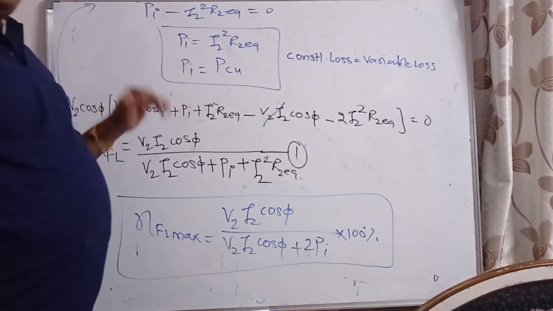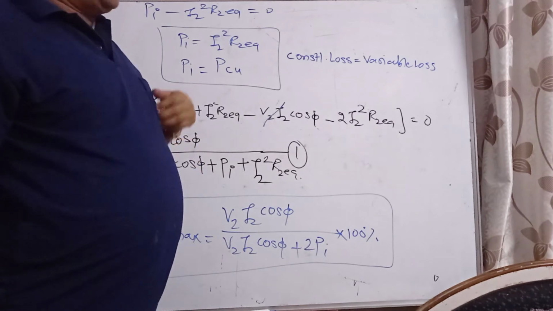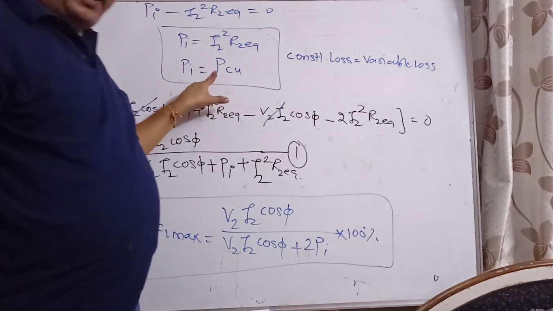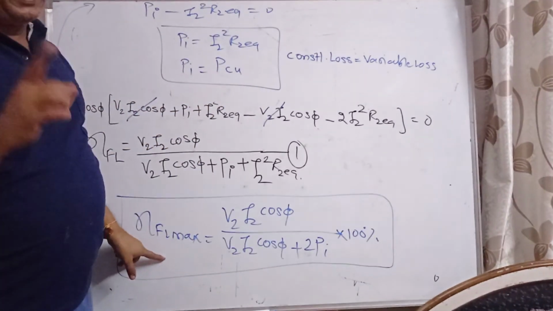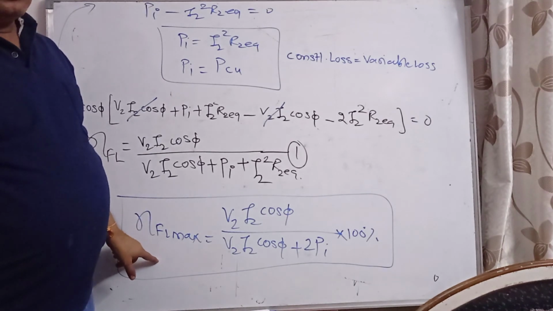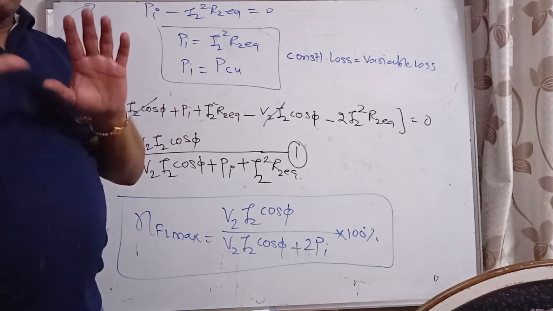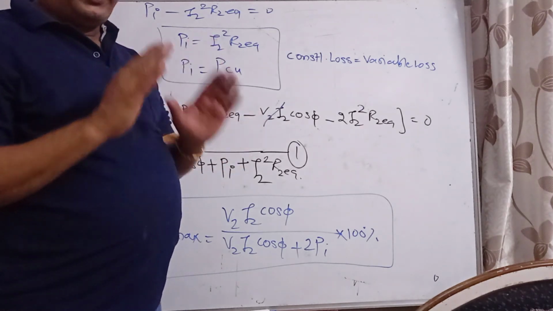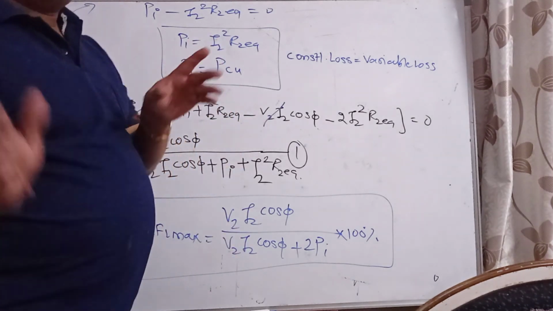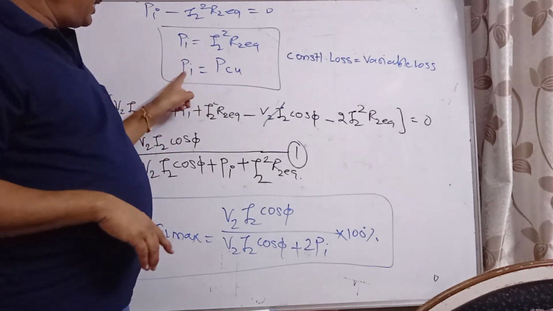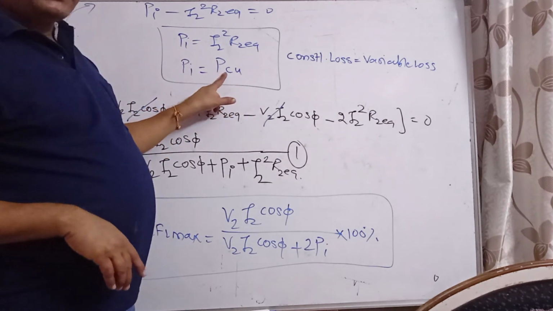So: equivalent circuit, efficiency, condition for maximum efficiency. The question, define what is efficiency, what is the condition for maximum efficiency, and what is maximum efficiency, can be asked in the exam for 6 marks: derive the expression for maximum efficiency of a transformer. You have to define efficiency, output upon input power. Input power is output power plus losses. Losses are of 2 types, iron loss and copper loss. Copper loss is defined as I square R loss.